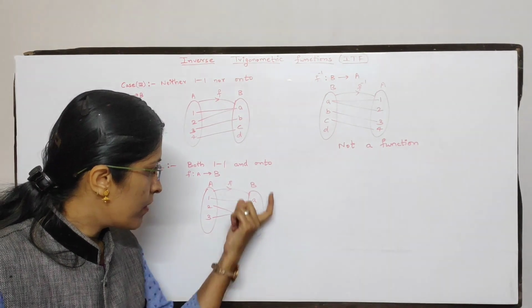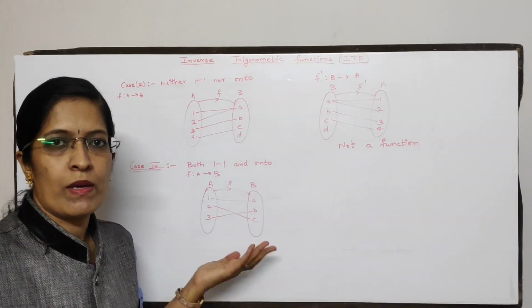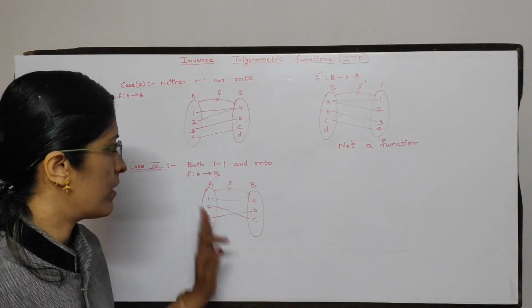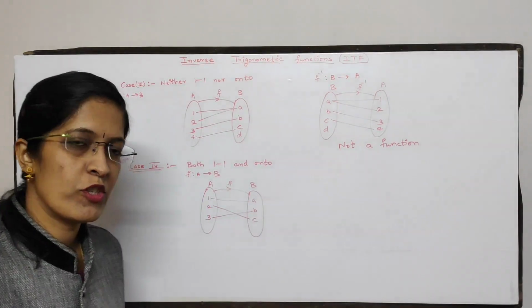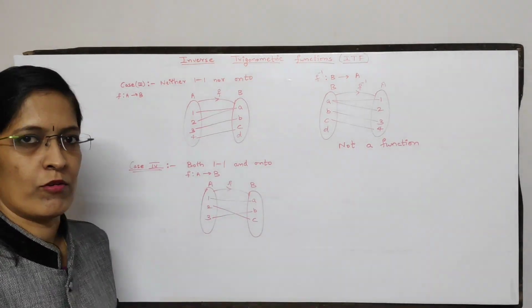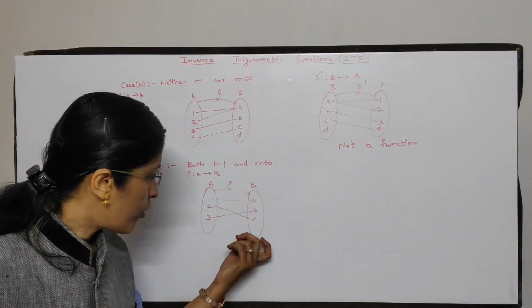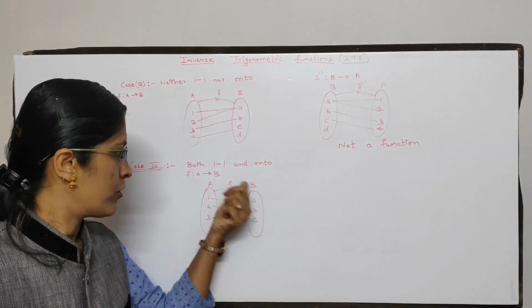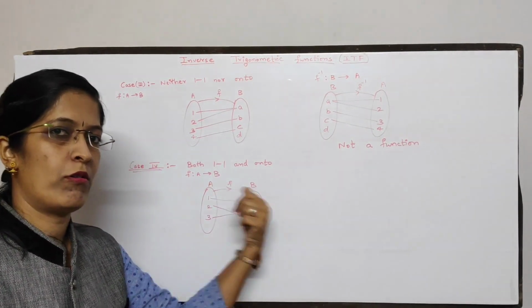Next, rooms can be vacant or they may be filled in a 1-1 function. That doesn't matter. Okay. 1-1, it is a function. Onto function. 2 boys can go in 1 room or 1 boy, 1 room. Okay. Next, all the rooms are filled. Yes, all the rooms are filled. So this is both a 1-1 and onto function.